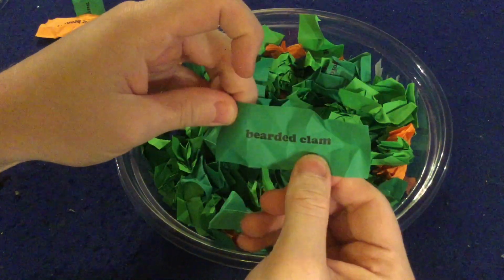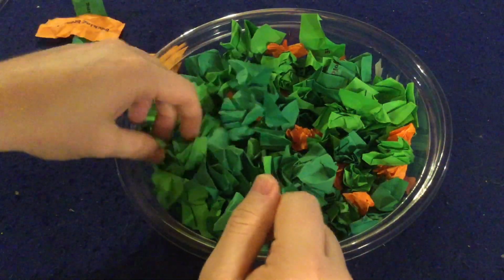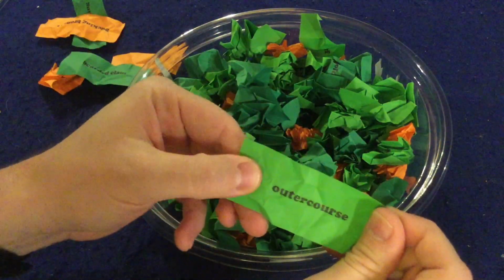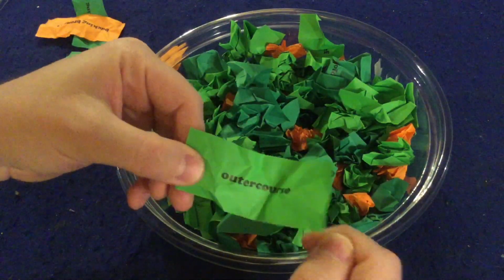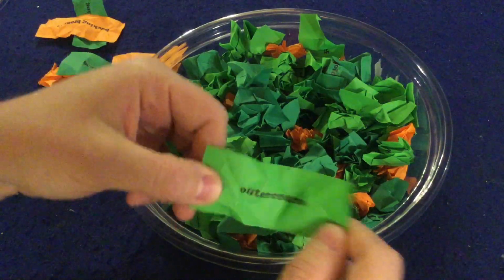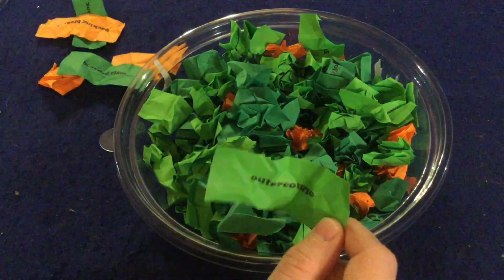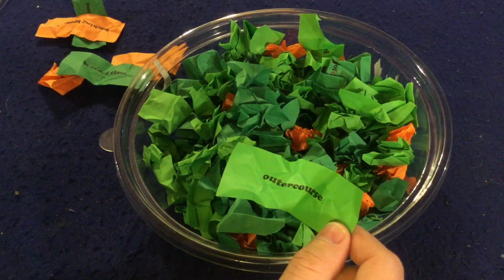So we have bearded clam, which once again, I don't know what a bearded clam is. You would have to do that one word by word. Outer course, which, yeah, could you? Come on. Who's going to guess this? Because I don't even think you can say not intercourse. Let me see. Because you can't use part of the word. As soon as I guess...